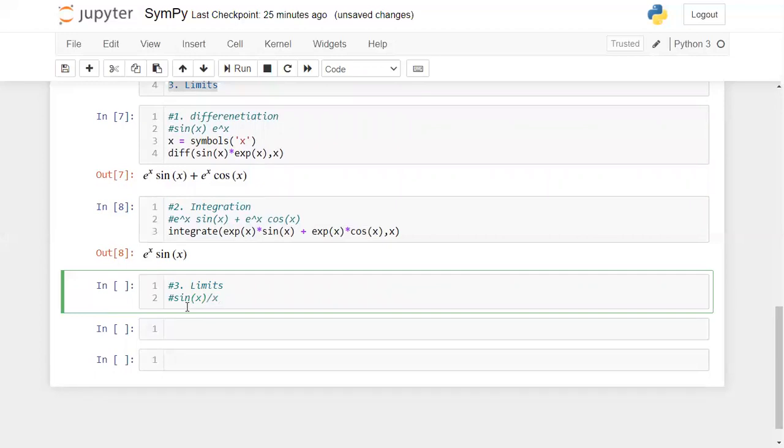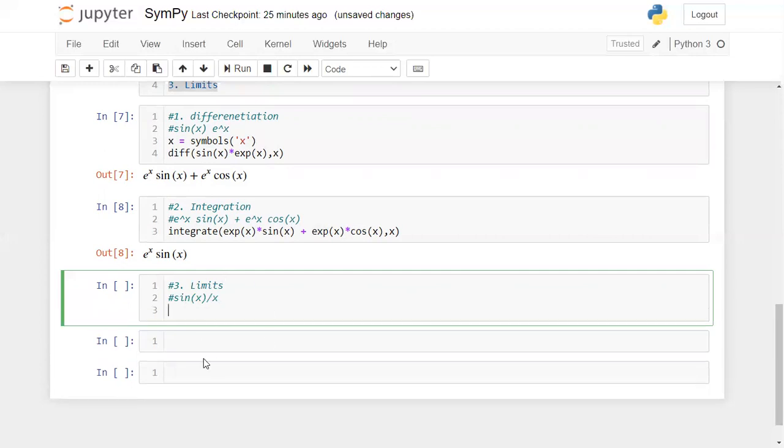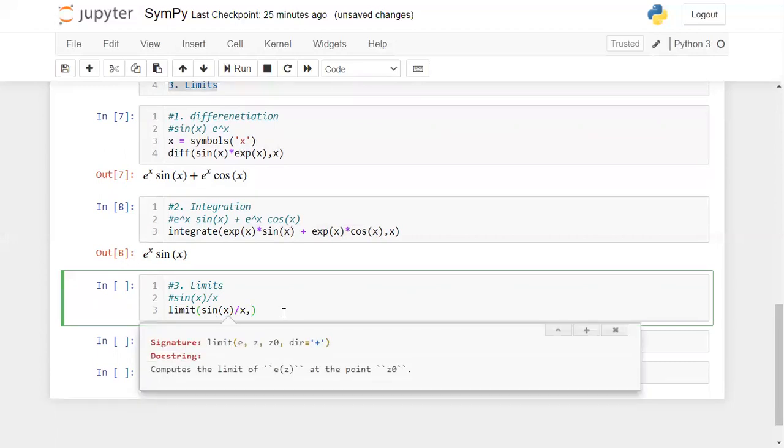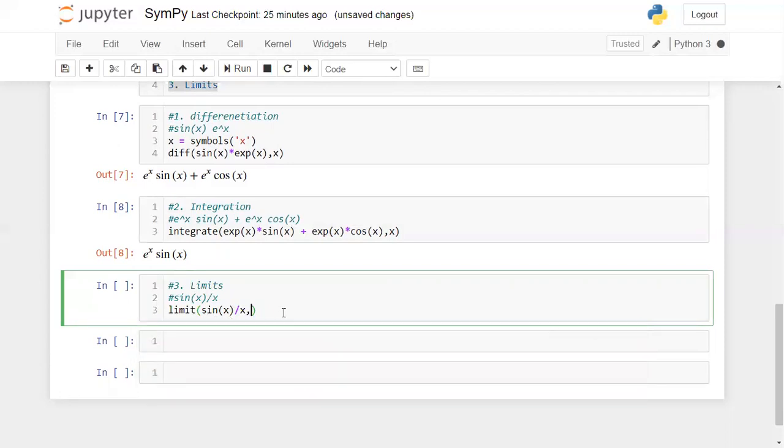I want to give my x value limit as 0. Whenever you want to use this, you need to go with the limit function. Sin of x by x is my expression, and then your variable name and value. My variable name is x and my x value tends to 0.